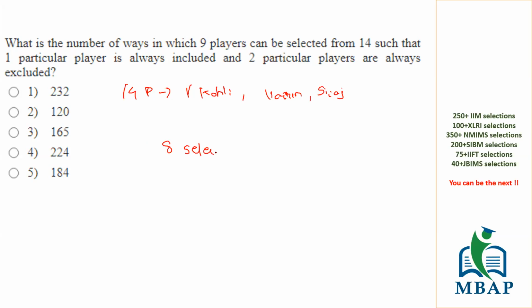8 players. And how many players are remaining for you to select? So Kohli went into the team. Varun and Siraj, we are not considering. So out of 14, 3 people have gone. So now you have 11 players, and out of 11, you have to select 8. So this will be done in 11C8 ways, that is nothing but 11C3 ways. So you have 11 into 10 into 9, and you have 3 into 2. 3 twos are 6, 2 fives are 10. So 11 fives are 55 into 3 is 165. Yes. So Bhushan had got it right. 165 is the answer. I hope everyone has understood this.